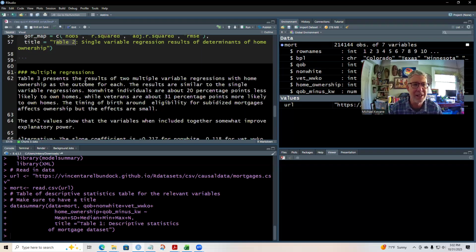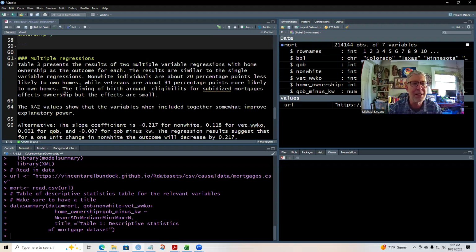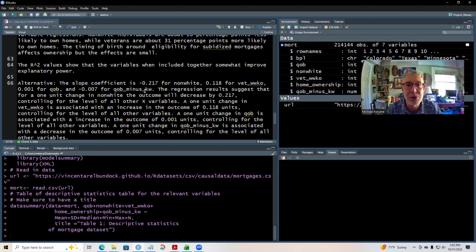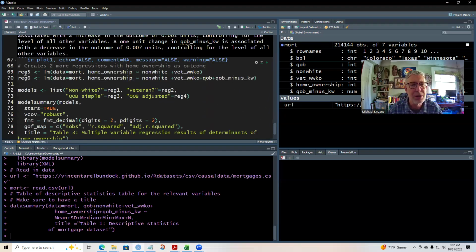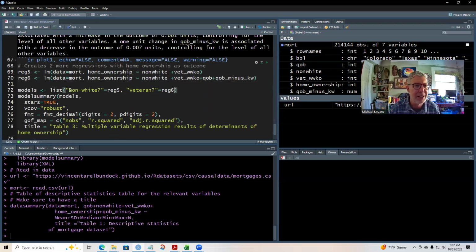Then we have our section 3 called multiple regressions, and we have table 3 presents this, and we have similar discussion which you should read, and I'll correct this. Subsidized. There we go. And then our third section has two regressions. Then we display these regressions. So I see I didn't adapt this. So regression 5 and regression 6. And delete this. And regression 5 is with